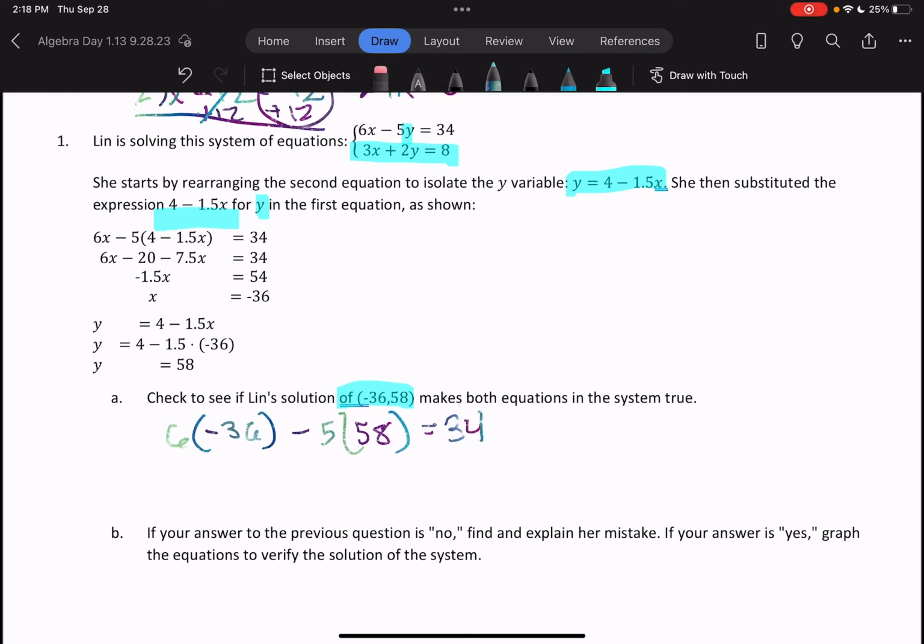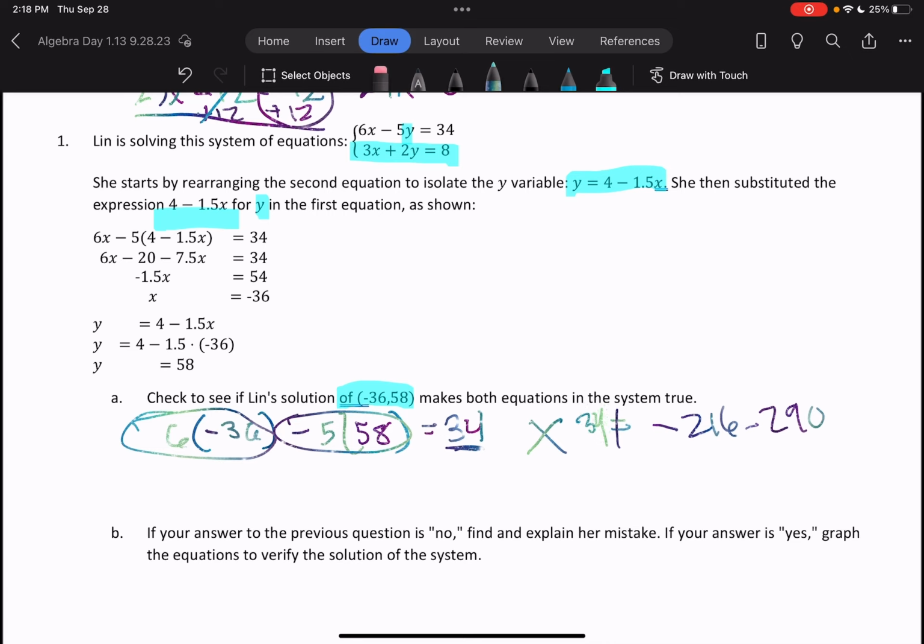Now I can see immediately that this is going to give me a really big negative number, a pretty big negative number, and this is 34, a positive number. So automatically I can say that no, this does not work. If you were to calculate it, you would get negative 216 minus 290, and that obviously is not equal to